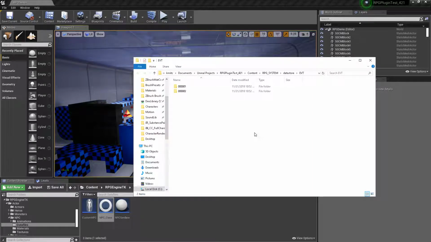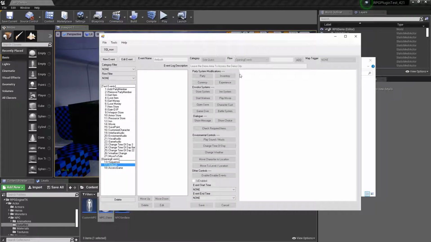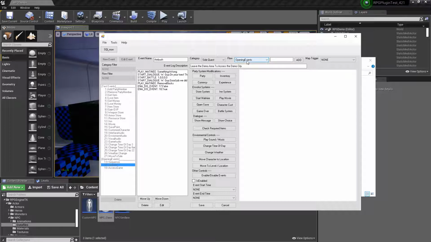One thing I forgot to explain is what happens to events when you create them. When you create an event in the editor, you have category information, you have flow information, and you have an event name. You also have a map trigger. This information is used to actually